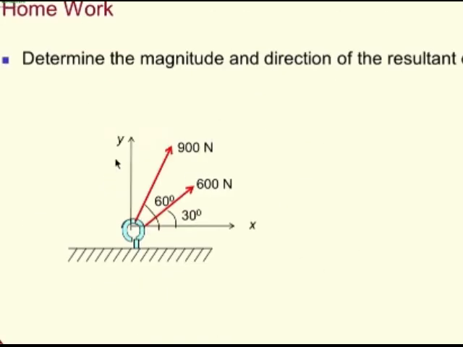And you can also do a simple homework if you want to do this. I have a hook which is having two forces at 30 and 60 degrees. Find out the resultant. I am not going to